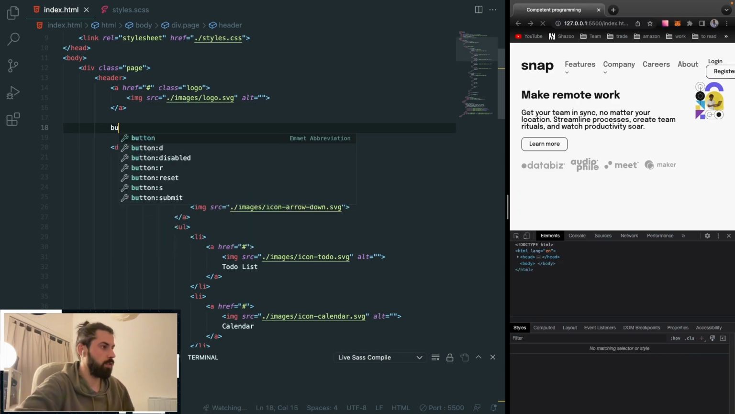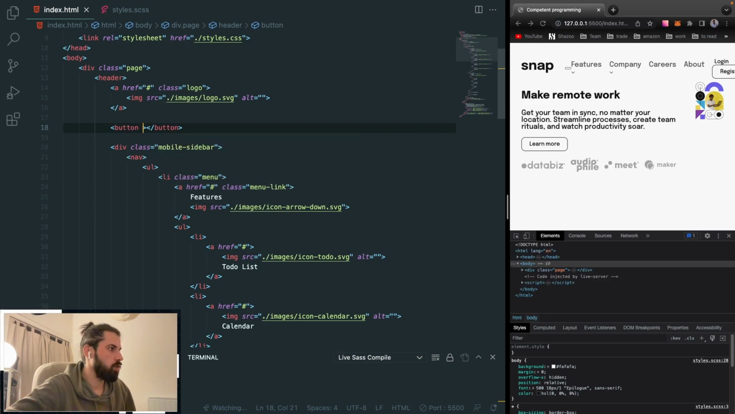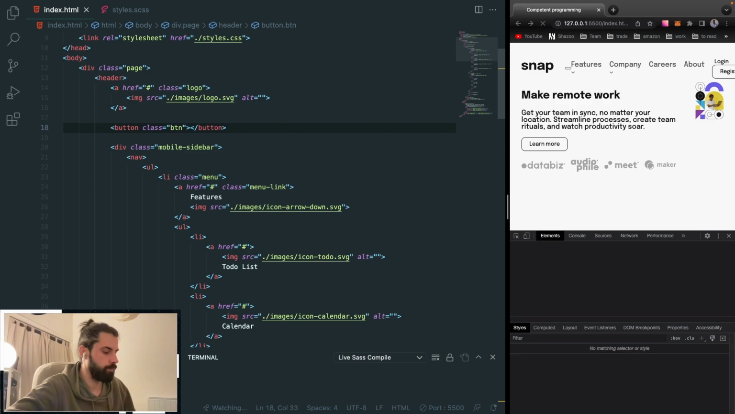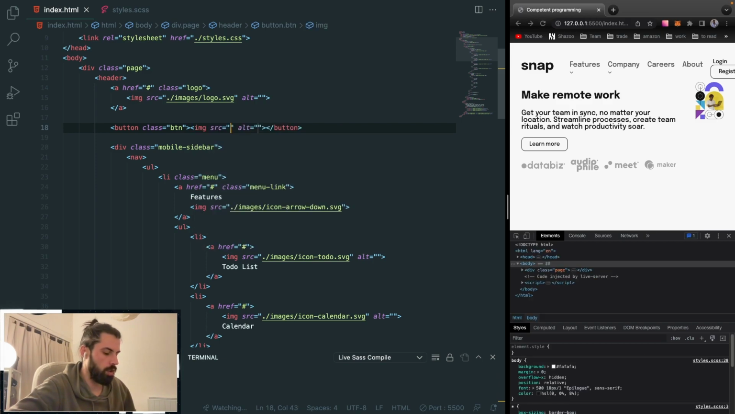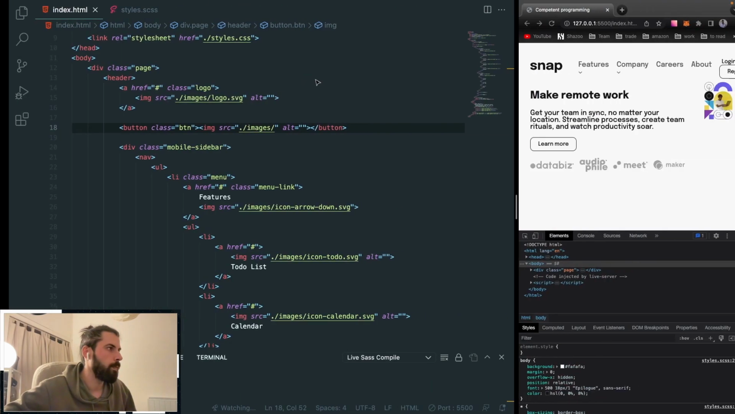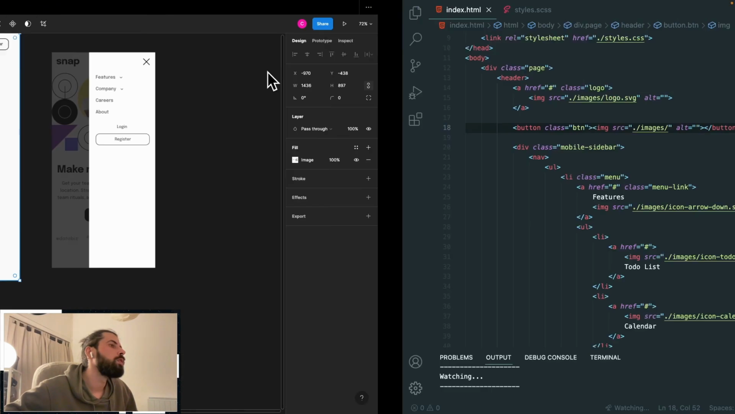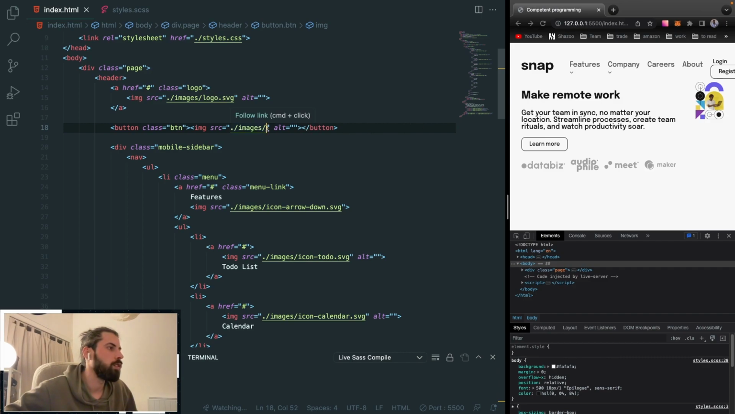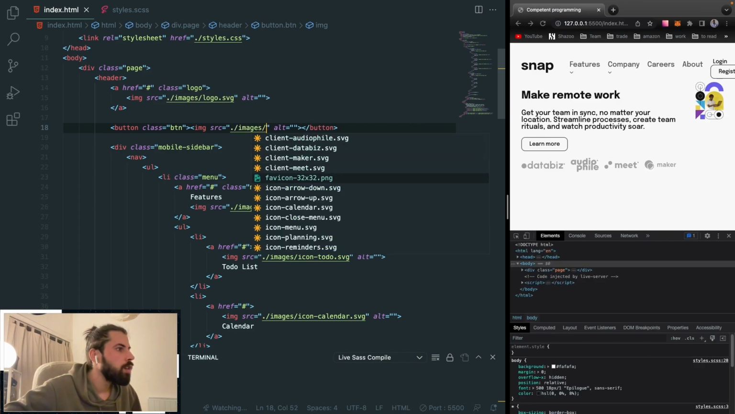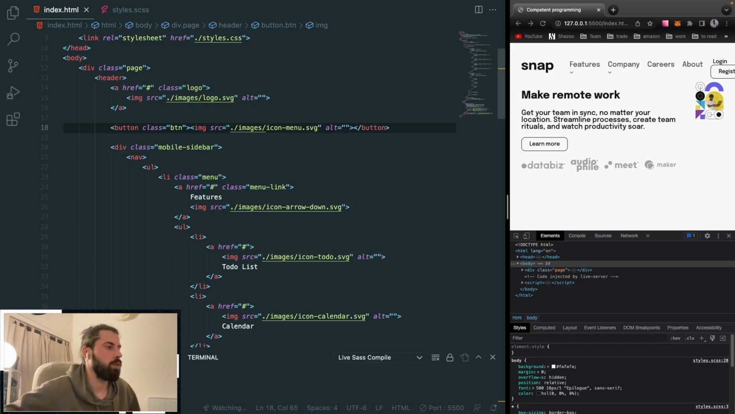So here we're gonna have a button, just a regular one. Here we put images, and it's gonna be what? Hamburger. Mobile. What's the name of the button? Where is it? What's the name of it? Arrow icon menu. Yeah, this one. Yep. Okay. Then